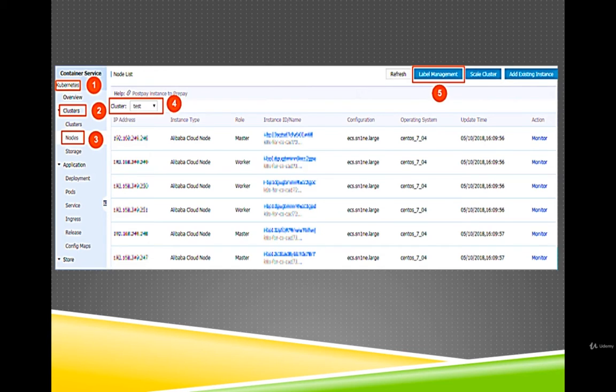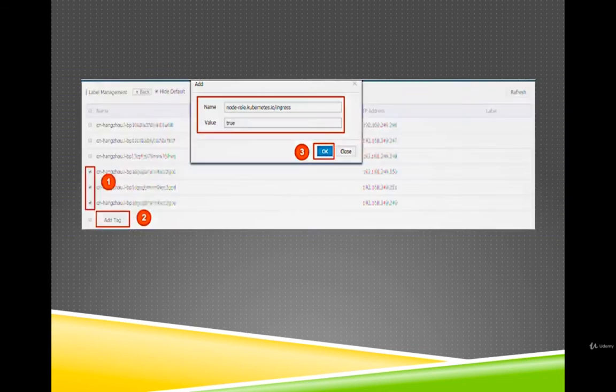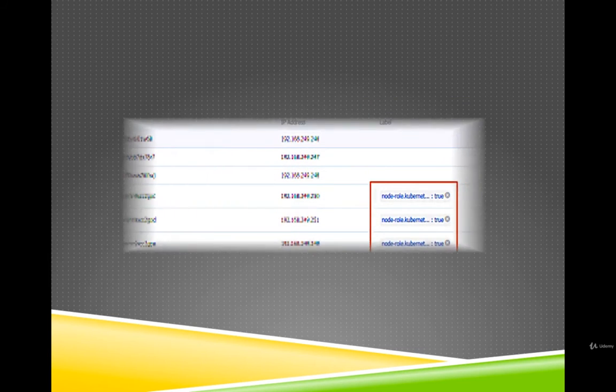Select the worker nodes and then click add tag. Now add the label node-role.kubernetes.io/ingress is equal to true, as I explained earlier, to the worker nodes and then click OK. This you can see here. On the label management page, you can see the label is added to the worker node.